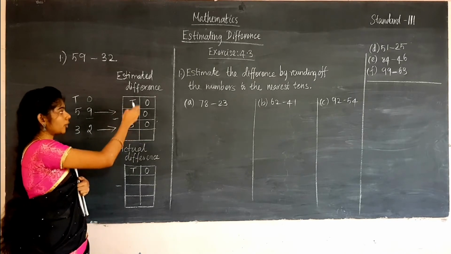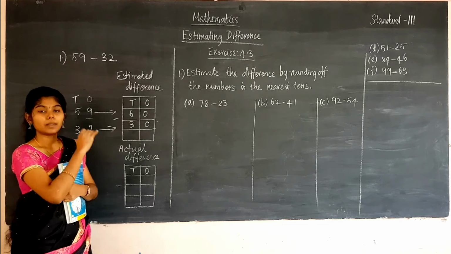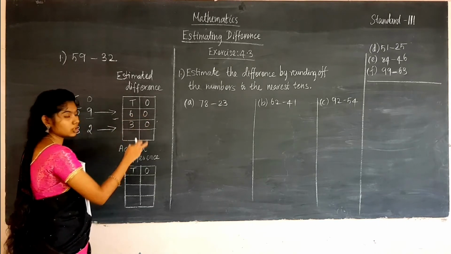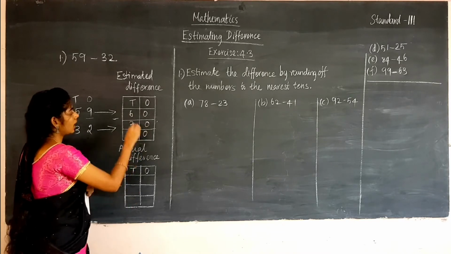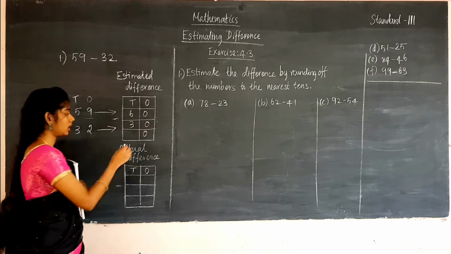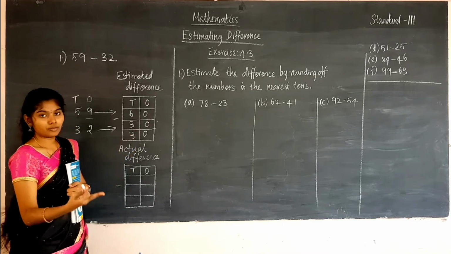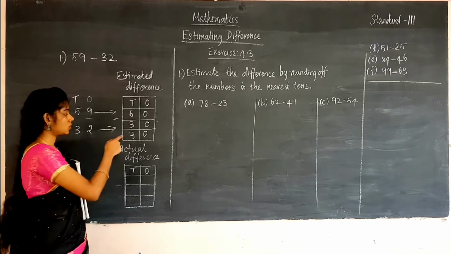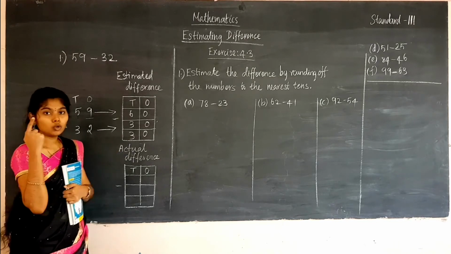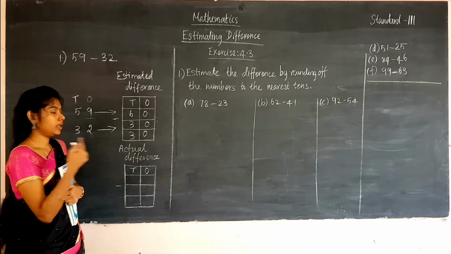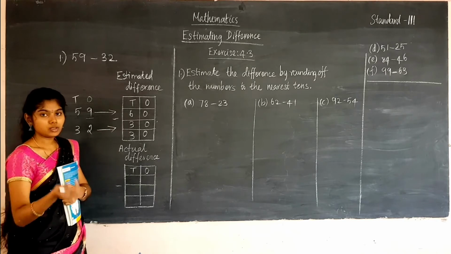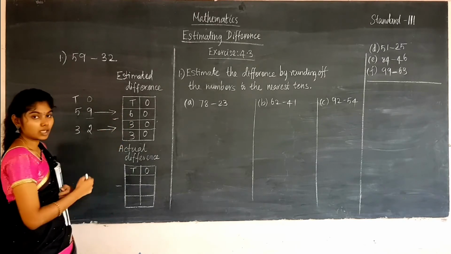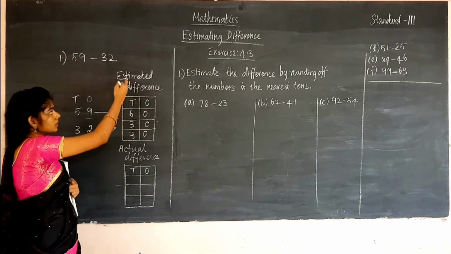Now you are going to subtract these numbers. This is what is meant by estimating difference, that is the estimated difference. So 0 minus 0 is 0 and 6 minus 3 is 3. 6 in the mind and 3 in the fingers. Say the numbers before 6, which are 5, 4, 3. So I have written 3. You have to do subtraction mentally. So 30 is the estimated difference.